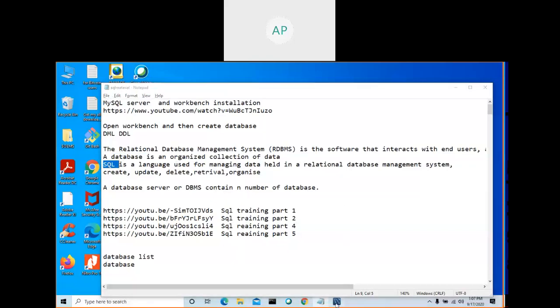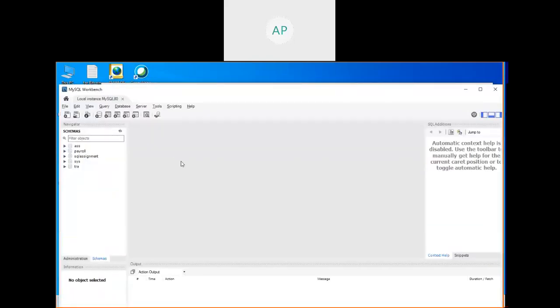So anyway, now we open this workbench. This workbench is connected to MySQL server. As of now, it is connected. If you want to connect also, you can do it by using this tool, connect to database. Your MySQL server is installed and running in the Windows operating system.